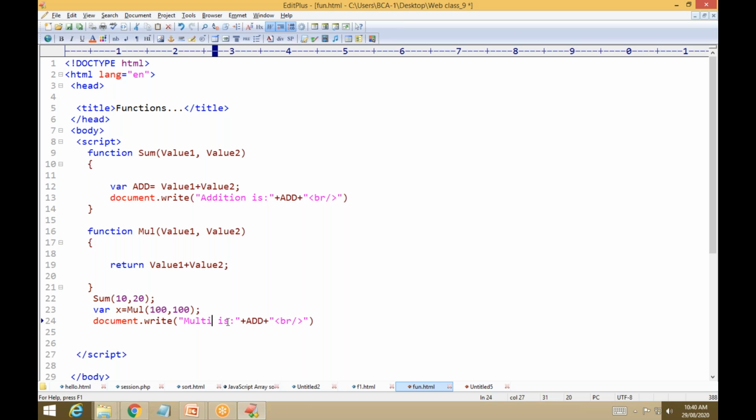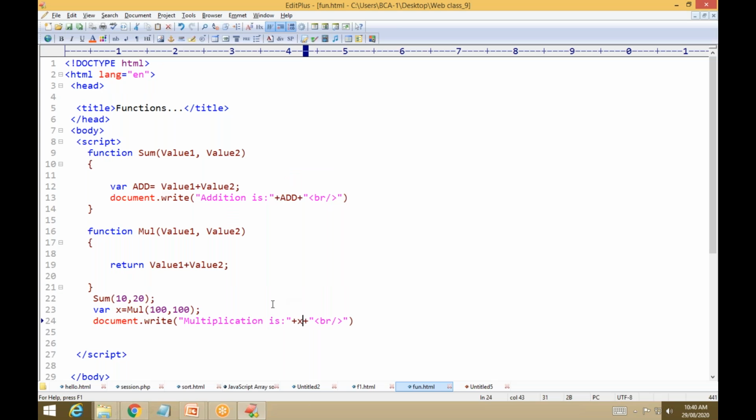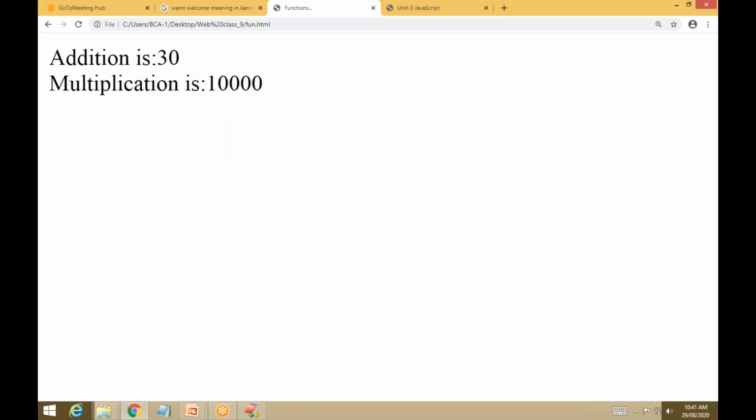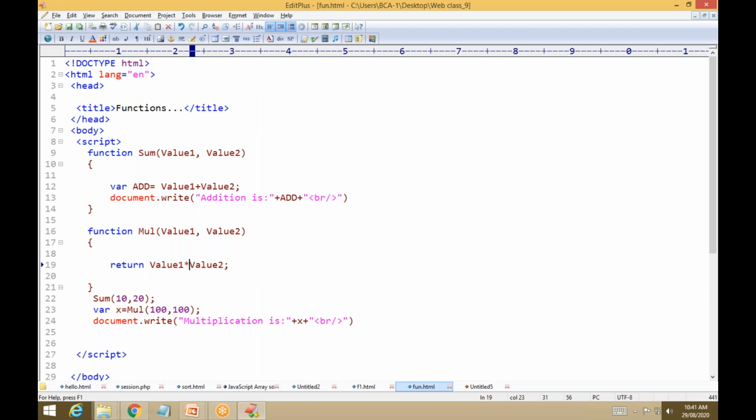Here multiplication, right, here you have to write x. Then you can see here 200. But here we are giving addition, so you just have to write into. Then see 10,000, right, 100 into 100, what is that, 10,000.